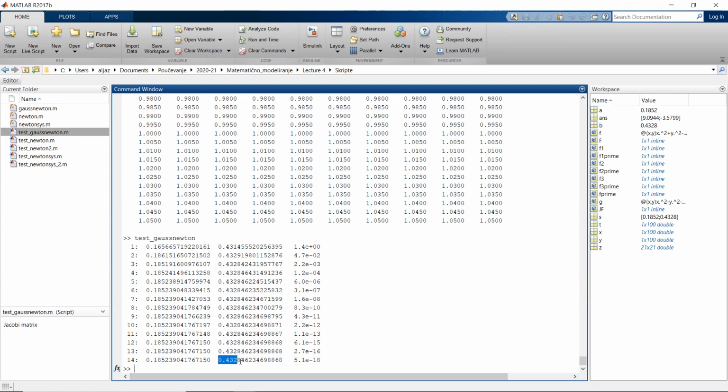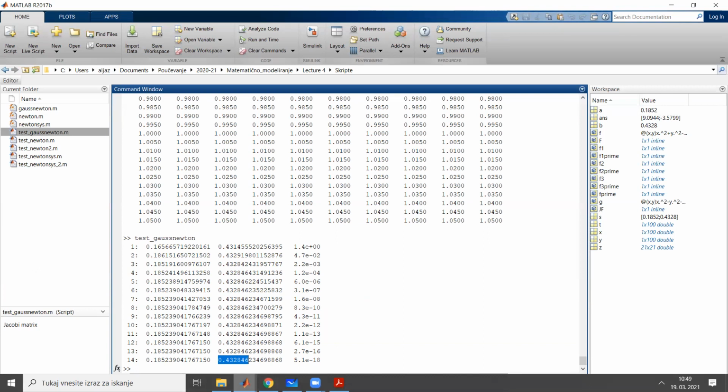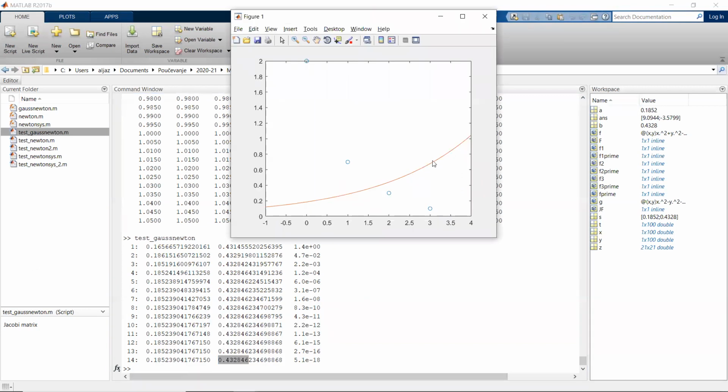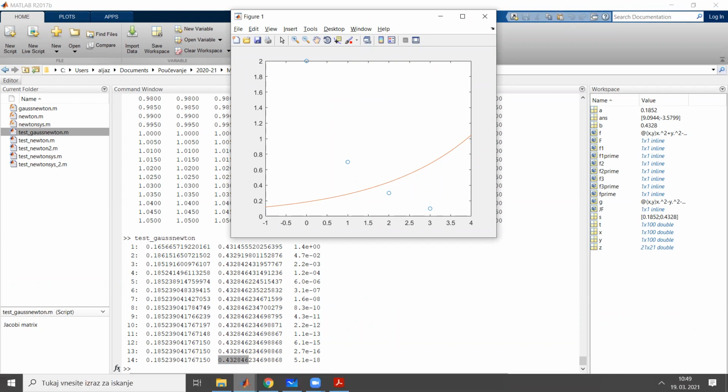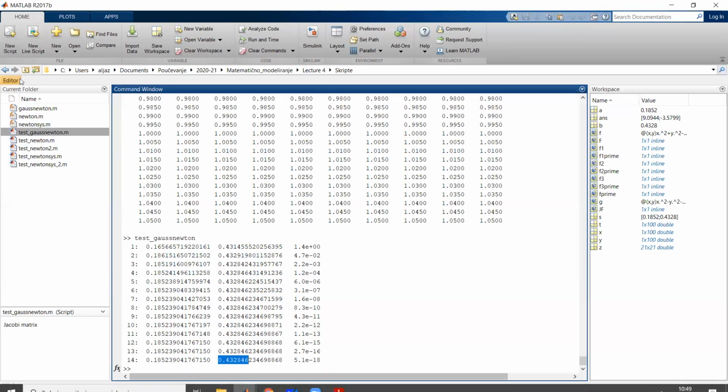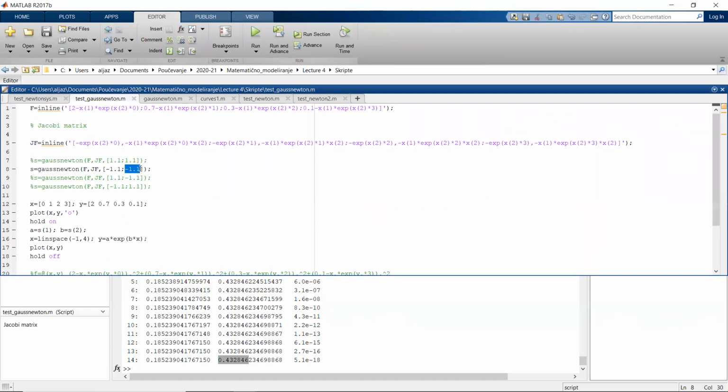But since B is bigger than 0, we know that this is again not a good local extremum for our problem. Again, this exponential function was positive. In this exponential function, B was positive. So even if we took, for the initial approximate, B which was negative, still the method converged to some solution with B bigger than 0. So the solution is not good. The local extremum is not good for our situation. So let's try another